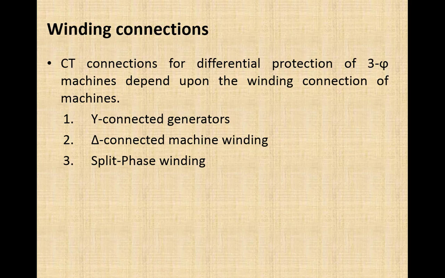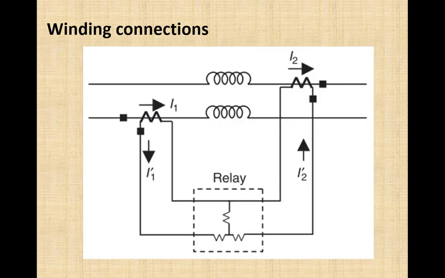Third situation: if the winding has split phase winding, then the comparison of current will be done in this way. One of the CTs will be inserted in one winding, the other in the second winding. Both these windings belong to the same phase. So in normal condition, these two windings are supposed to carry equal current, sharing the current of a phase. So here I1 and I2 will be exactly the same in normal condition. When a fault occurs, the difference would be detected by this differential relay. So that is for split phase winding. Split phase winding means we have split each phase into more than one winding.